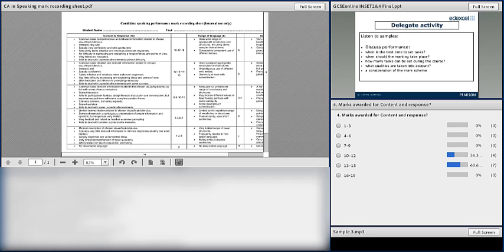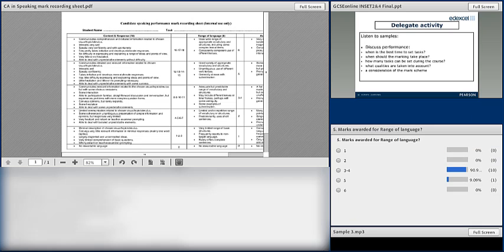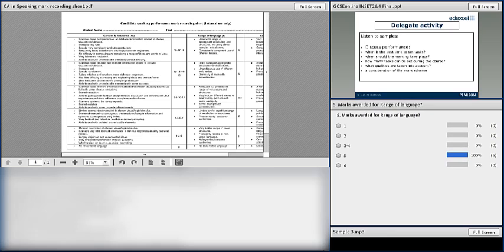Now if we bring on the next poll, which is the one for range of language, okay, I got 10 votes to 11, but we're pretty much spot on.